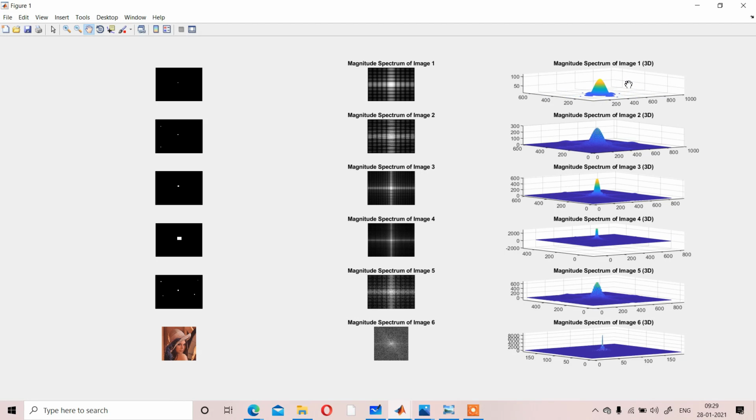For the first image, the low pass filter that you will design, you will consider omega c as 200. What will happen if we multiply that low pass filter with the first image? You will get that frequency response showing here, removing all the other part. But for the fourth image you can see the filter that you will design